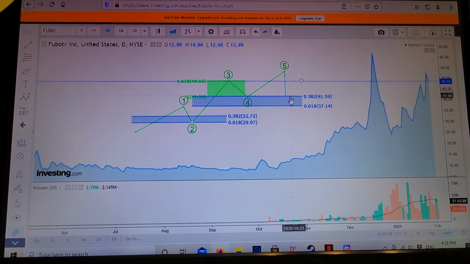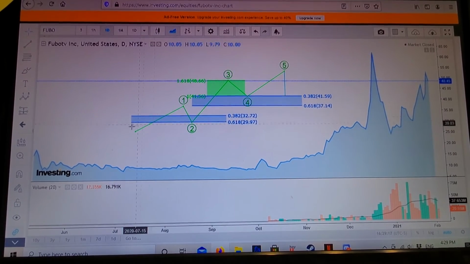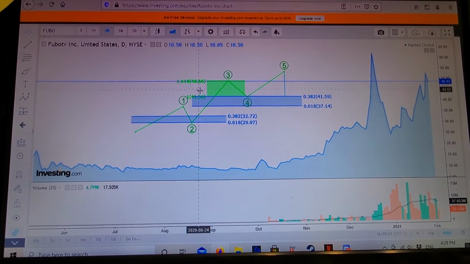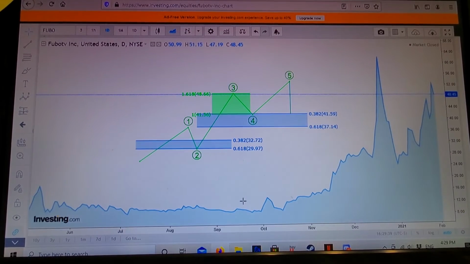Before I would maybe expect that correction, either sideways or down or whatever, but the impulse trend could change at this point is what I'm getting at. Usually the angle of 1 tends to be sort of like that one, and these tend to be parallel a little bit. But there's so many little intricacies, but just long story short, 1, 2, 3, 4, 5, and retracing there. So with all that in mind, let's remove all this.